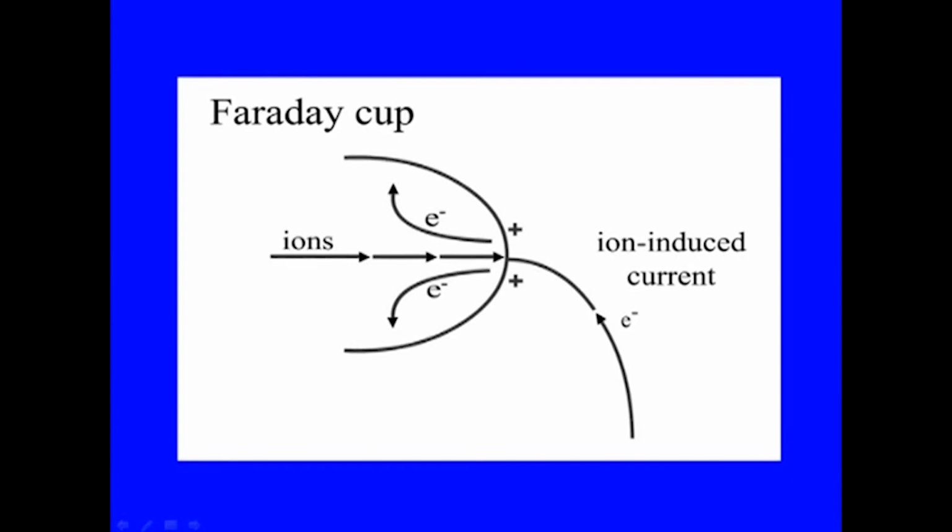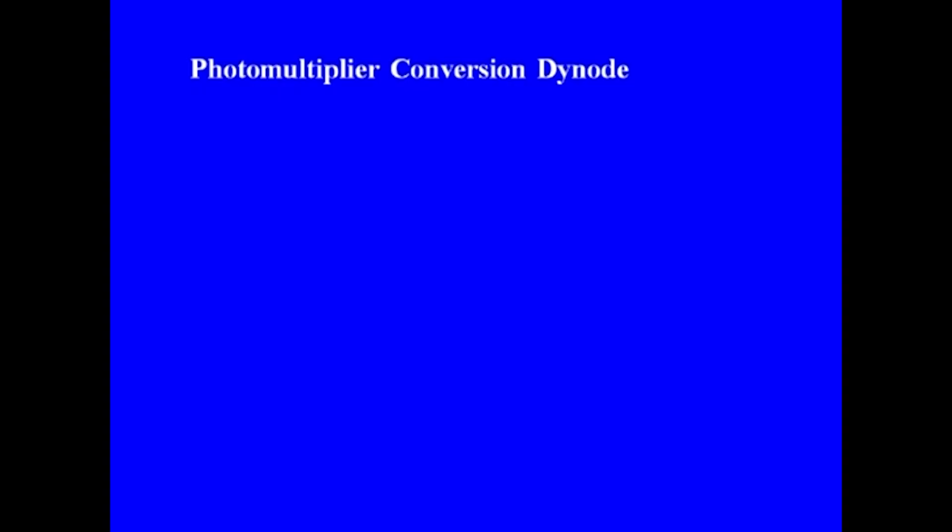So, Faraday cup could be utilized here and where secondary electrons are generated. There could be photo multiplier conversion diodes. The photo multiplier conversion diode detector is not commonly used as the electron multiplier. It is similar in design, where secondary electron strikes a phosphorus screen instead of diode, and the phosphorus screen then